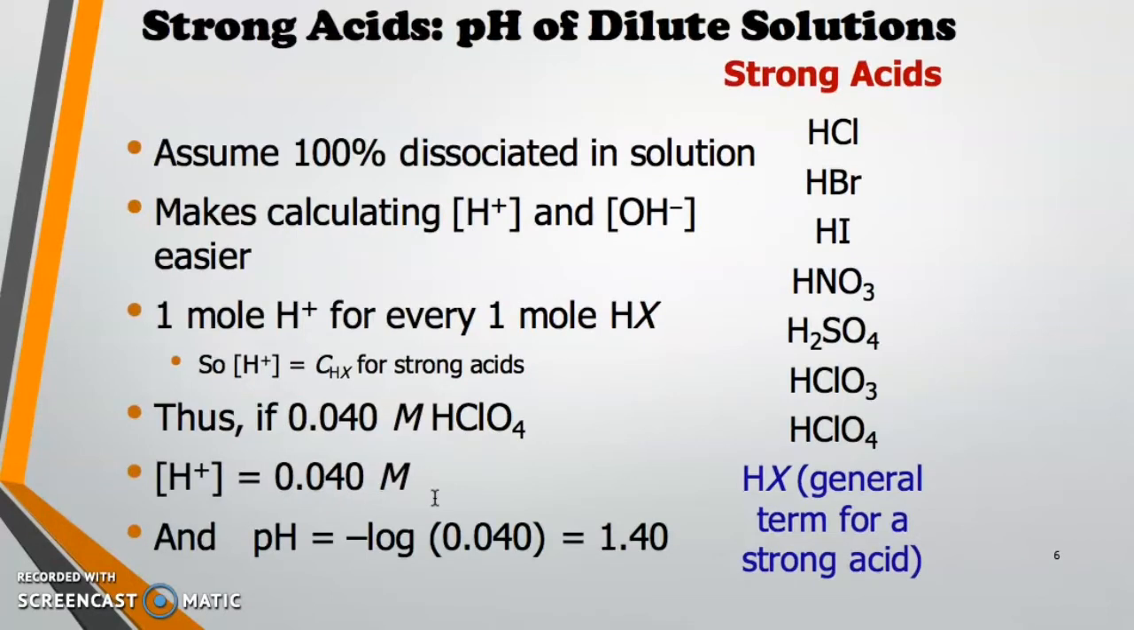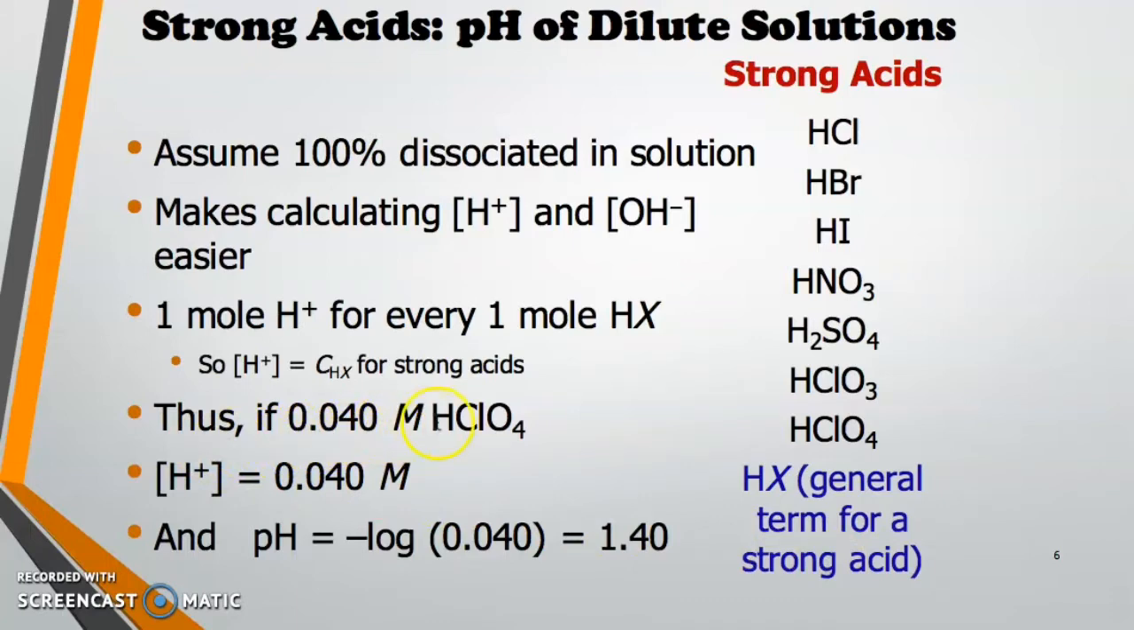Strong acids, pH of dilute solutions. We look at this. This is the strong acids and how you calculate the hydrogen ion concentrations. So we look at the 1 mole of the hydrogen ion. For every 1 mole of HX, which is the general term for a strong acid. So thus if